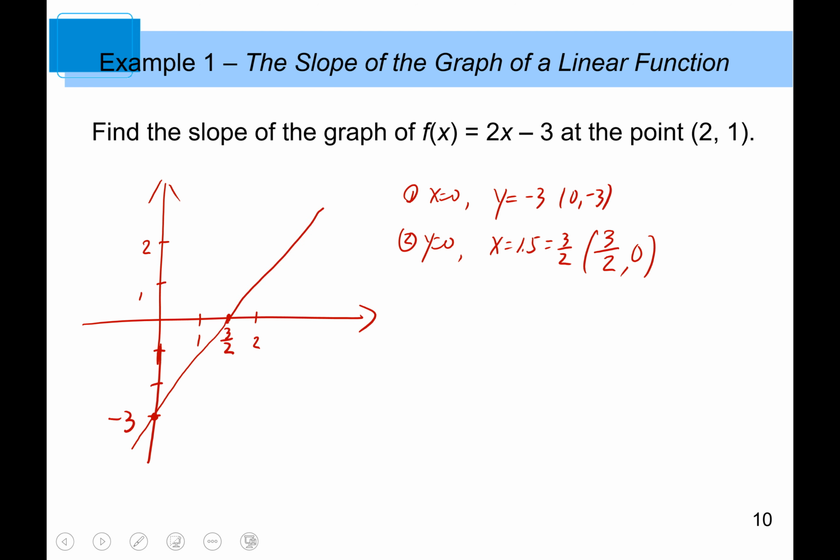And we basically want to find out the point 2, 1, that's right here. We find the slope at that particular point, right? The slope of the tangent line at that particular point. So then we're going to use the